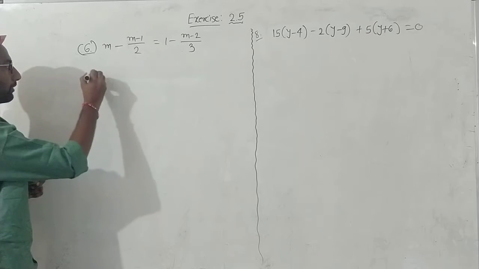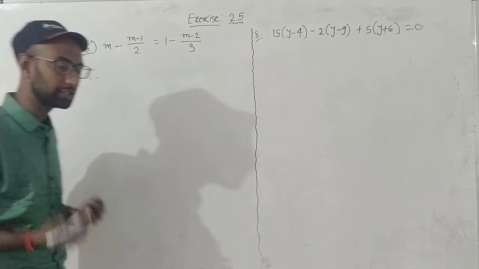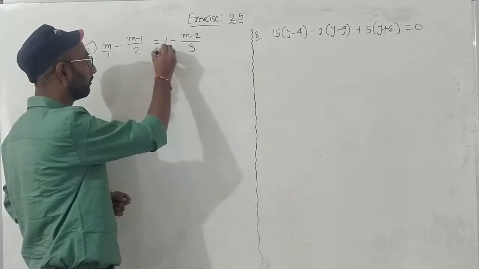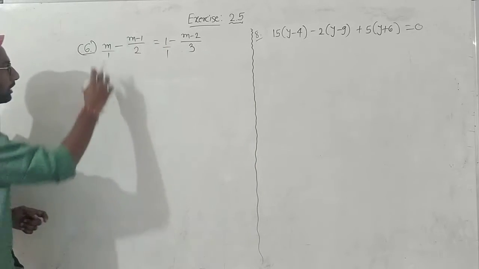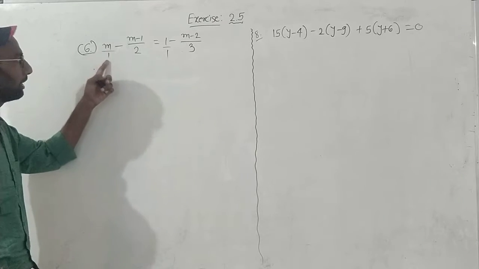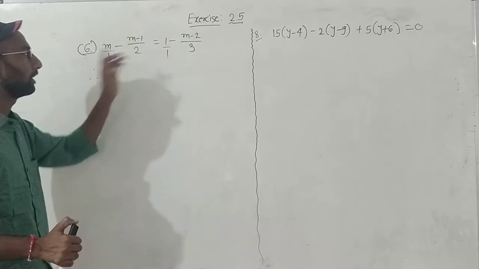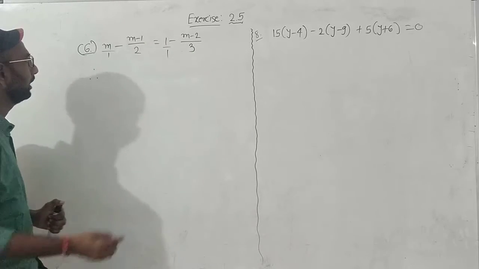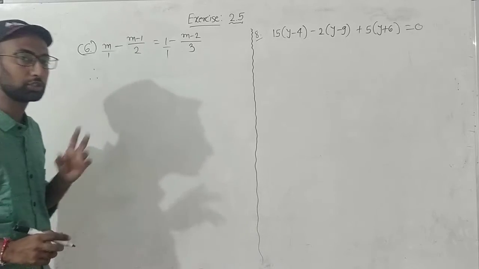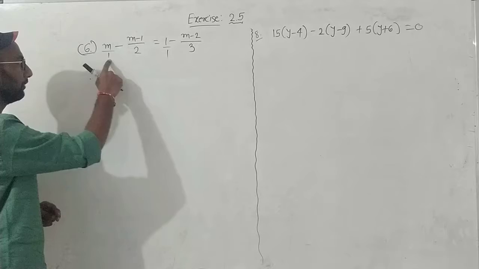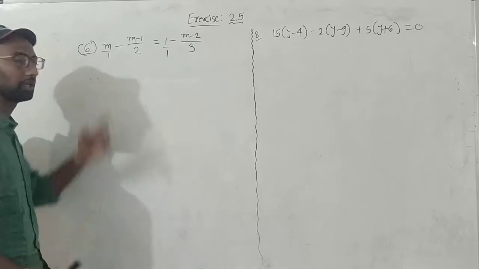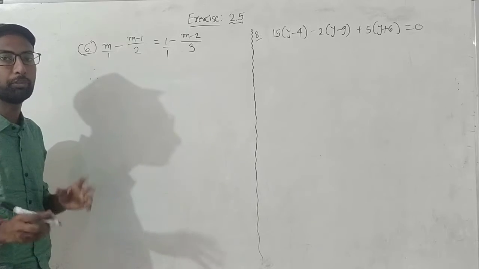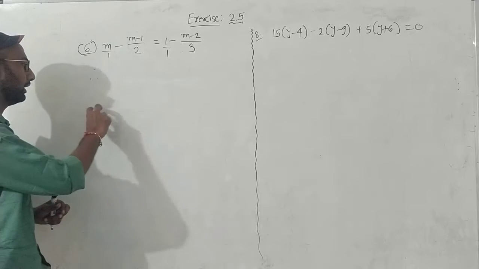Okay, let's see. First of all, as I explained earlier also, I can put the 1 below any number. Now you can see this term has become m divided by 1 minus m minus 1 divided by 2. So of course there are 2 values, and there is a minus between these 2 values. So first of all we will try to find out the LCM of 2 and 1. Now it's very easy. LCM of 2 and 1 is 2. So we will try to bring 2 in both denominators, here as well as here.